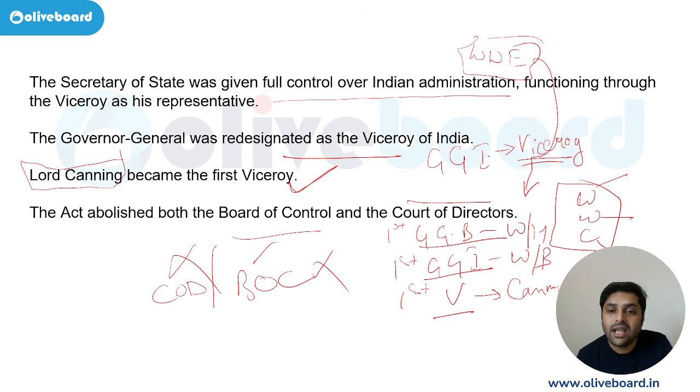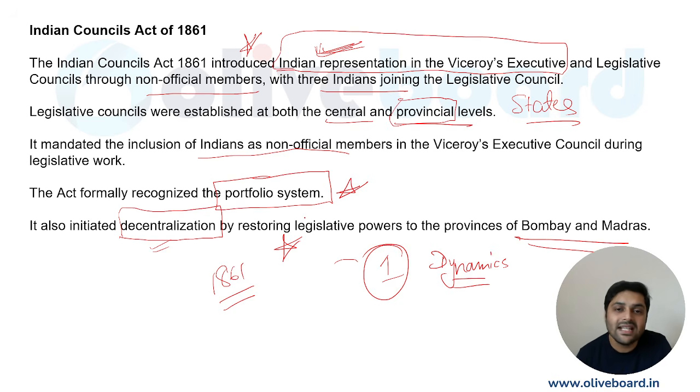Now they changed the name also. See how afraid they were. They changed the name from Governor General of India to Viceroy. Who became the first one? Lord Canning. And the act abolished the BOC and COD, both. That much afraid they became. After that, we saw the Act of 1861, in which for the first time Indians were represented in the Viceroy's